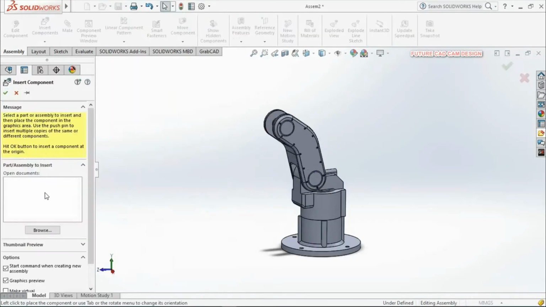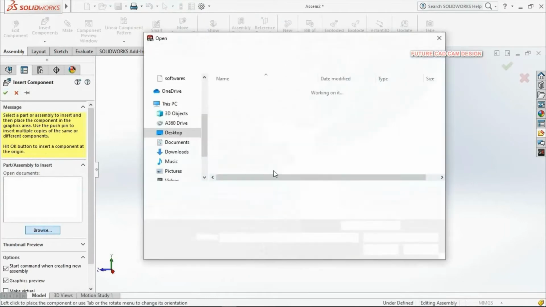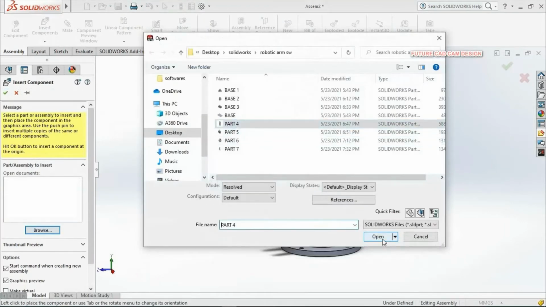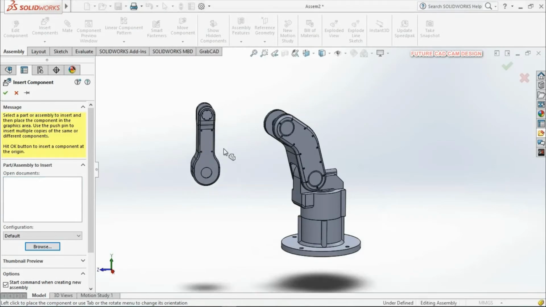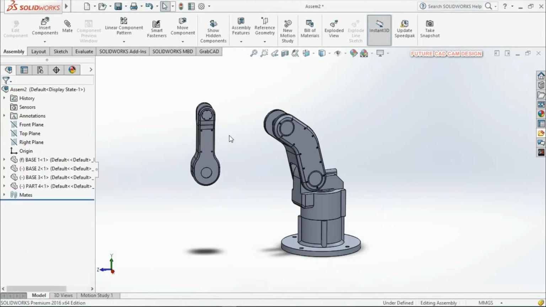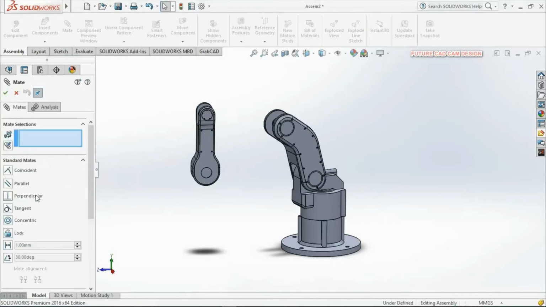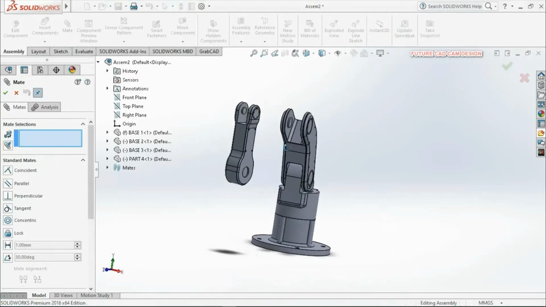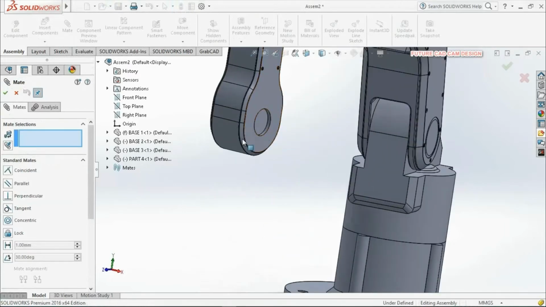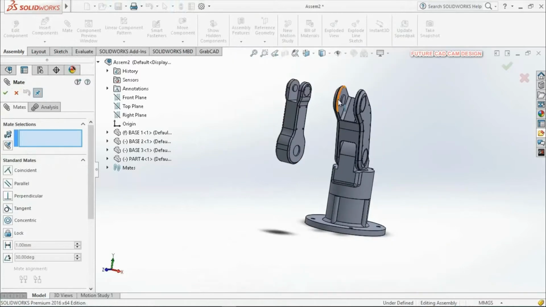Again inserting one more component, part number 4. Same thing, click on the screen after taking the component. After that we need to insert the mate option. So here we are going to fix this part in this area.